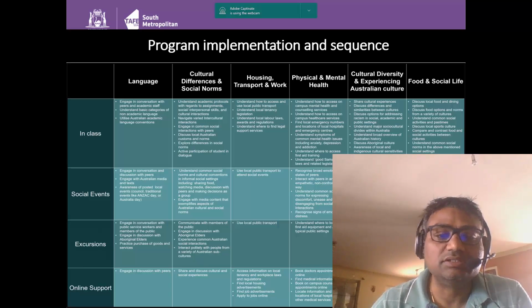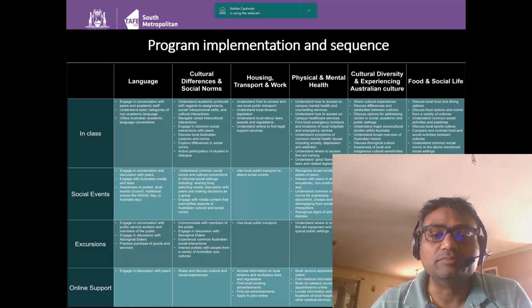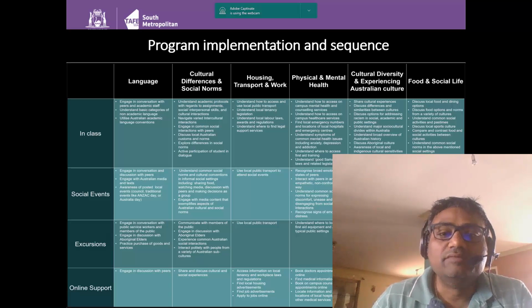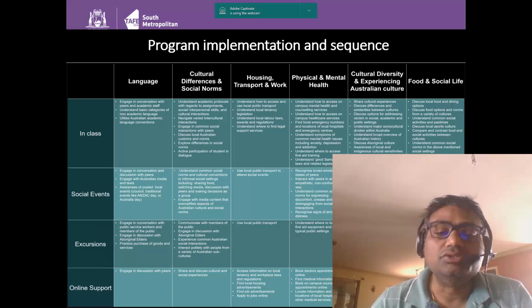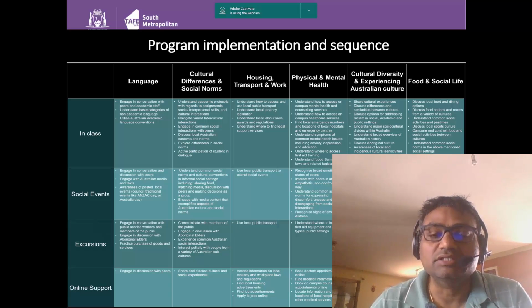The very simple things. Then housing, transport, and work, such as part-time work, how they have to prepare resumes, including that sort of stuff for casual jobs. What is tenancy legislation, rental agreements, in terms of work rights, for example. Physical and mental health: what happens in case you get a bit anxious, you need support, you're feeling nostalgic or homesick, simple basic appointments with a GP, for example.